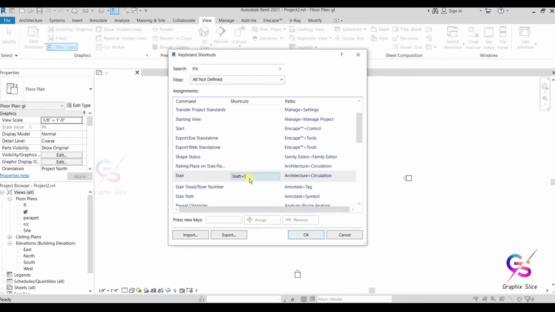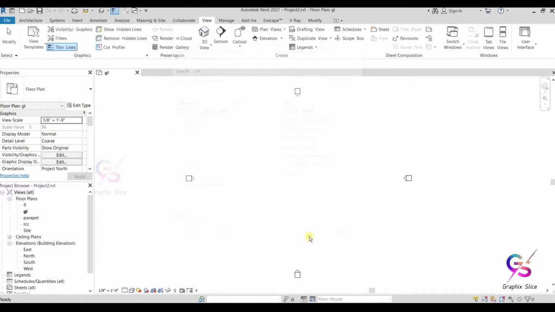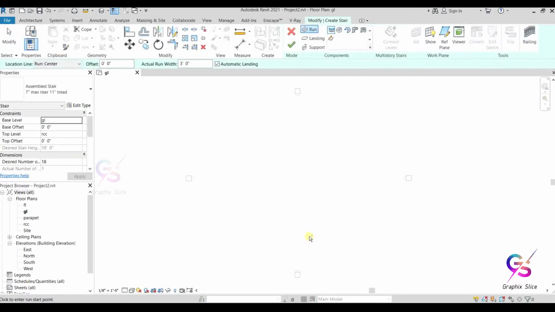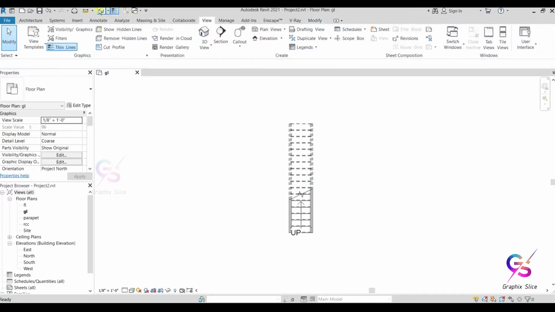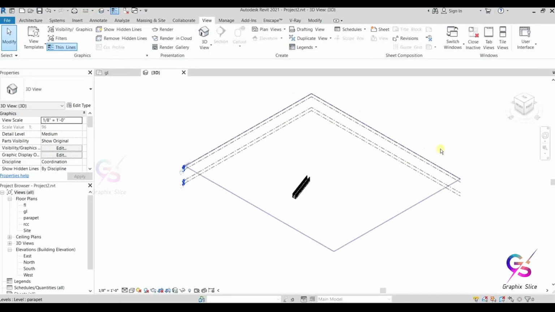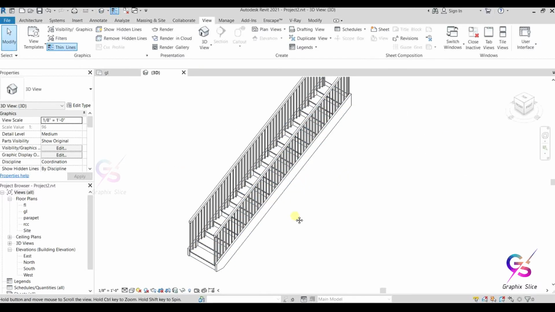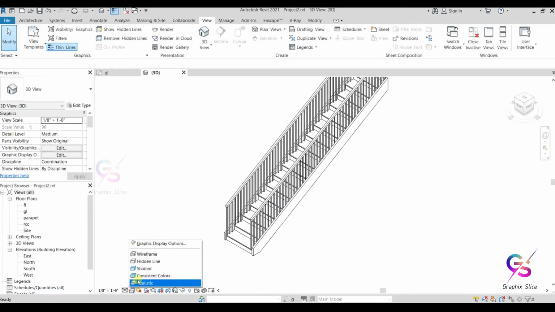So Shift S is the shortcut command I'm going to assign here. I think Shift S is not assigned for any other tool, so if I select Shift S, automatically the stair tool will get selected. See here. With the help of the Shift S tool, we can select a stair and prepare a staircase so easily.